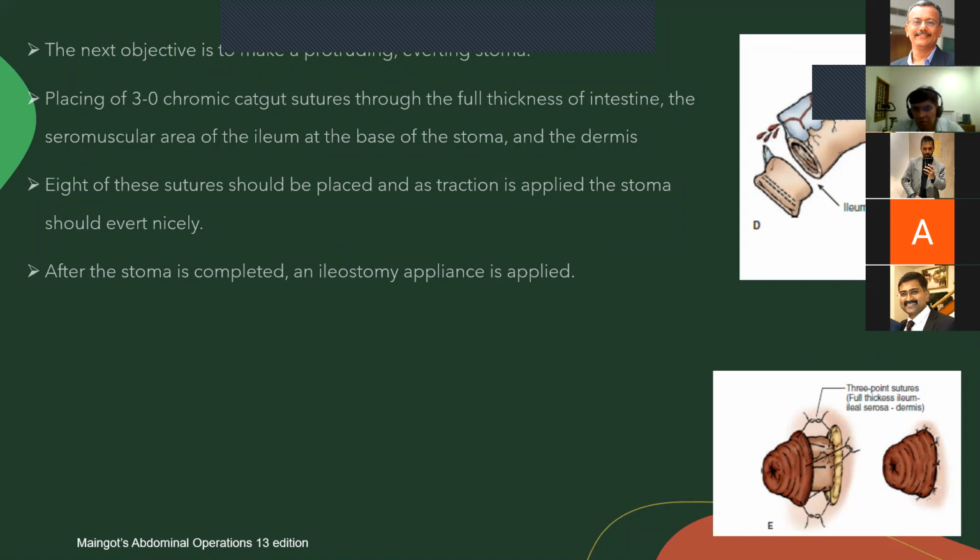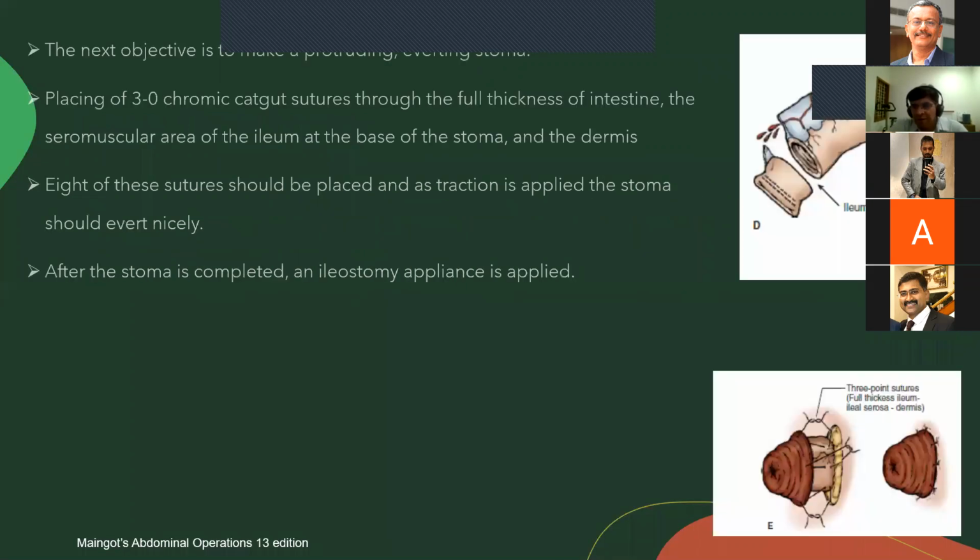In total 8 bites can be taken, 4 in each corner and then 4 in between. After the sutures have been taken, when we tighten them, the stoma should evert, and after the stoma is completed, the ileostomy appliance is applied.